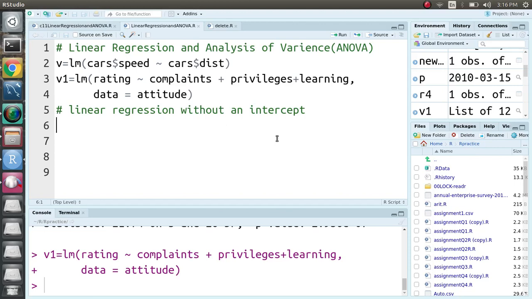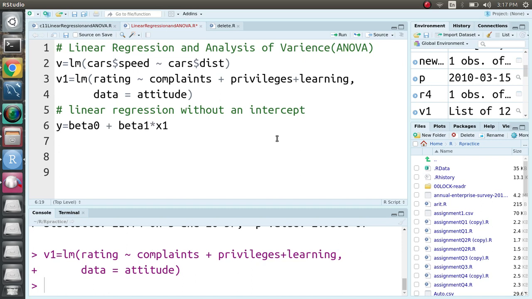In this video, I will discuss how to do linear regression without an intercept. The intercept, as I already told, is the weight term, and somewhere it is written as w0 or beta0 or theta0, followed by the coefficient values. Suppose y is equal to beta 0, plus beta 1 into x1,